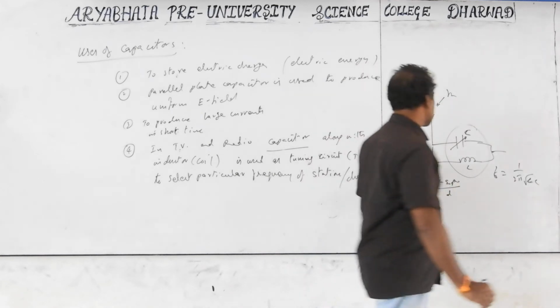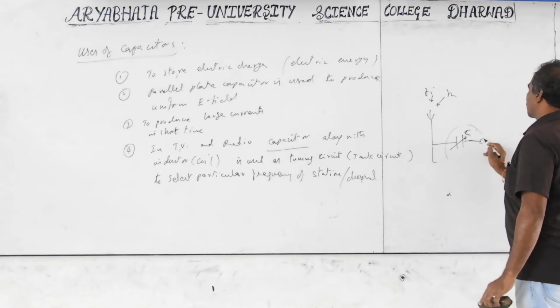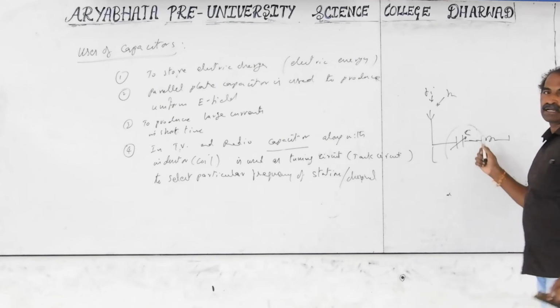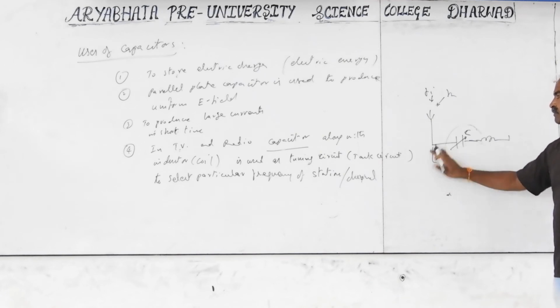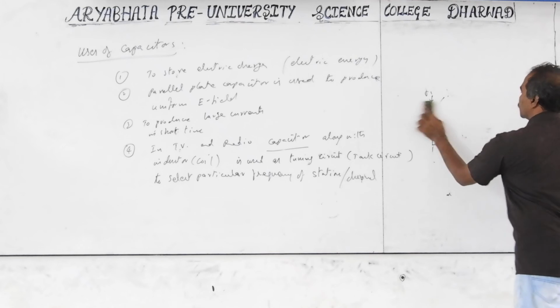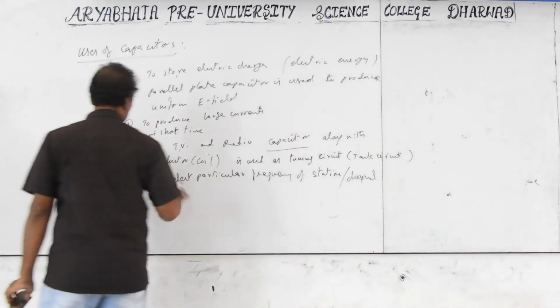This is a parallel resonant circuit. We also have the series LC circuit, so like this we also have a circuit to select a particular frequency. This is a series circuit. With the previous one, if we want to stop any frequency, we can use the parallel or the series circuit also. Whatever it is, this is called a tuning circuit, used to tune a particular frequency, in TVs to select particular stations.